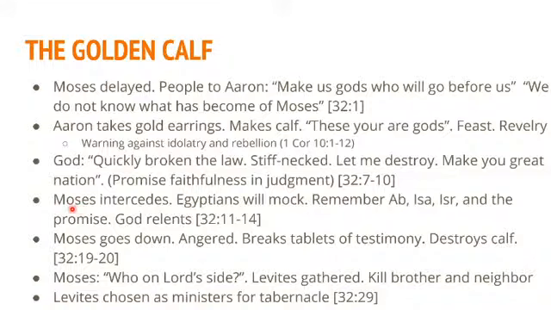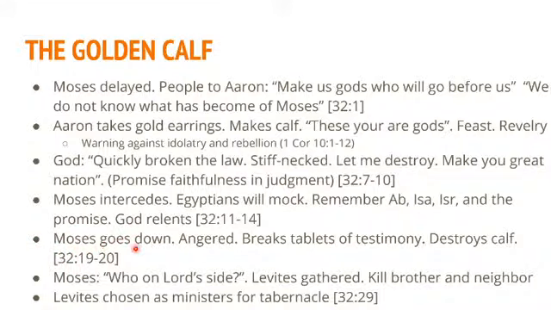But Moses intercedes on behalf of the people, saying, listen, the Egyptians will mock and say, God wasn't able to bring them into the promised land, after they had gotten this great deliverance from the land of Egypt. So Moses is interceding on behalf of the people, saying in essence, please don't destroy them. And God relents and says, okay, I will not destroy them based on your intercession, which of course shows the power of interceding on behalf of others. Very, very important principle there.